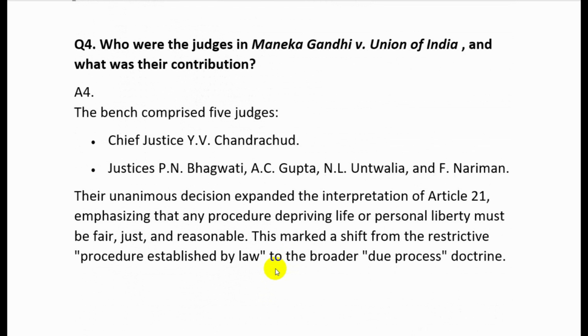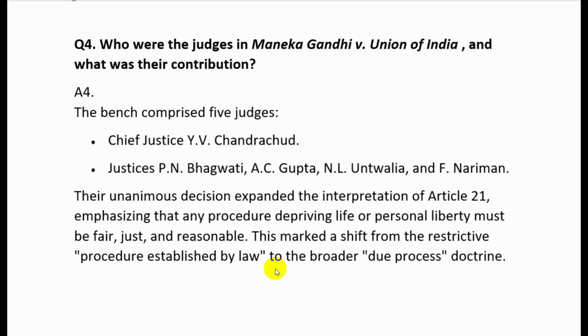The bench comprised 5 judges: Chief Justice Y.V. Chandrachud, Justices P.N. Bhagwati, A.C. Gupta, N.L. Untwalia and Fali Nariman. Their unanimous decision expanded the interpretation of Article 21, emphasizing that any procedure depriving life or personal liberty must be fair, just and reasonable. This marked a shift from the restrictive procedure established by law to the broader due process